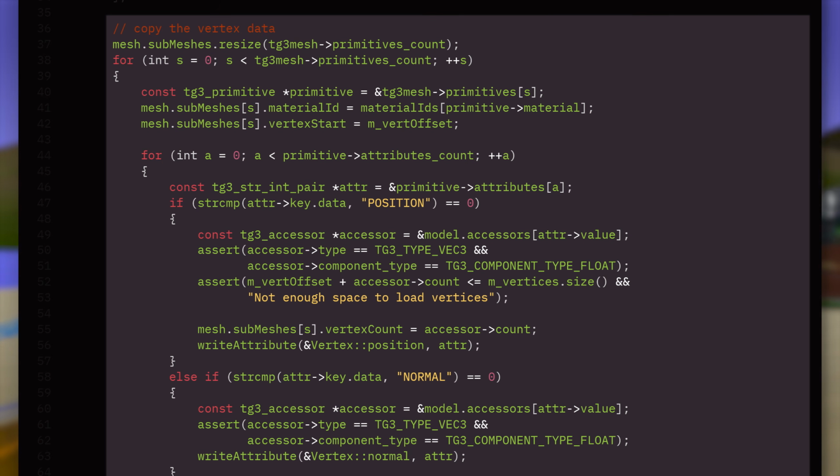Since we have the tg3 mesh object, we can get the primitives count from it and resize our mesh's submesh vector to match. For every primitive, we first need to map its GLTF material index to one of our very own material IDs that we created earlier. This is a simple matter of indexing into the material IDs list, grabbing the resulting ID, and storing it into